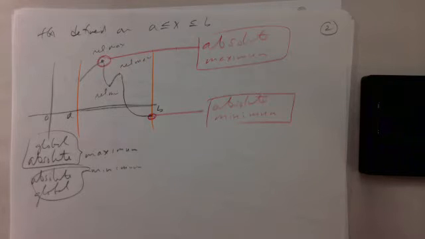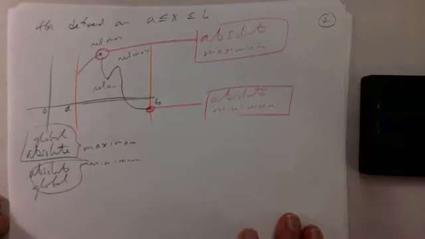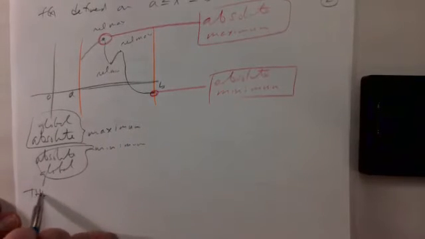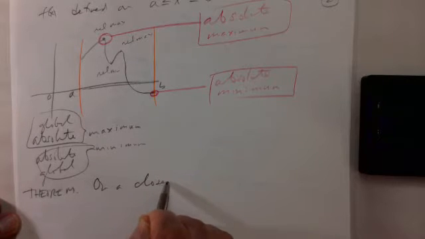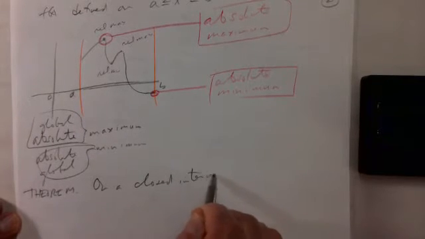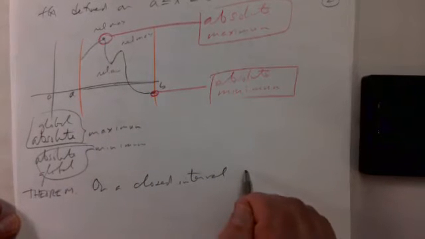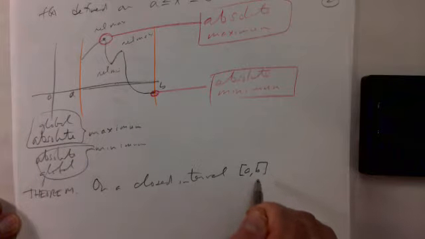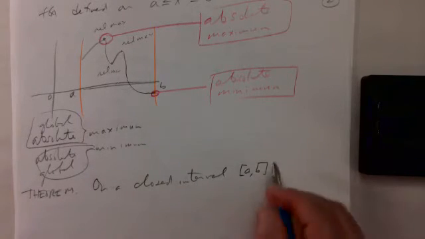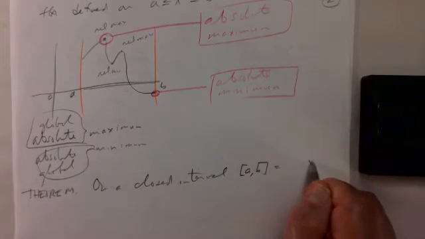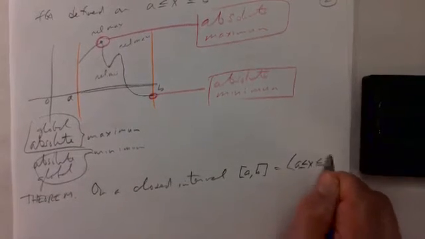So there are two theorems about this. The first theorem says the following. On a closed interval, which means an interval that contains the endpoints, we usually write a closed interval from A to B as square brackets around the A and B. So this means all x which are greater than or equal to A and less than or equal to B,